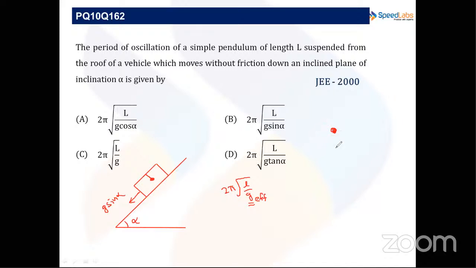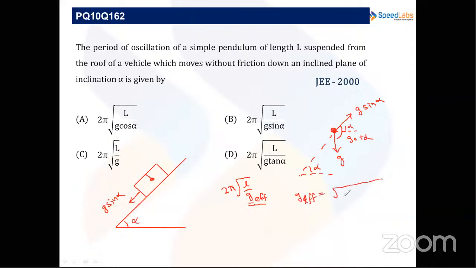So for the pendulum, I'm just making a free body diagram. In this diagram, in this direction, G acceleration is there, and I'm applying MA also. MA is in this direction, that is like pseudo acceleration or pseudo force. So it is in the G sine alpha direction. Now you find the resultant of these two, and eventually you will get G effective, right? So this is alpha. This is again alpha. So I can say this angle is 90 plus alpha, and you find the resultant of these two. So G effective will be